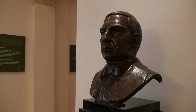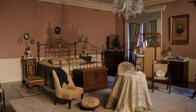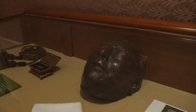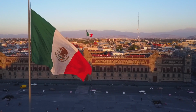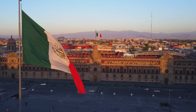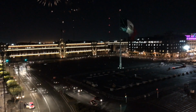Benito Juárez, one of the most well-known presidents of the country due to his influence during the consolidation of Mexico, lived and died in this building. There's a whole area of the Palacio Nacional dedicated to pay tribute to his life. For those familiar with the call, Viva Mexico! This is where you can hear the echoes of the Grito de Dolores during Mexico's Independence Day. Every year, the President of Mexico comes here to once again proclaim,